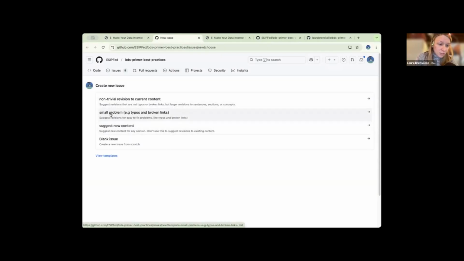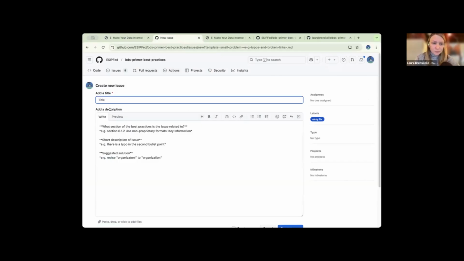For this issue that we found, we're going to go with the small problem template. You can also suggest new content if there's something you think is missing from these pages. But just for this example, we're going to use the small problem. We're going to give a quick title that describes what we think should be changed: Add GBIF link to make data internet ready.